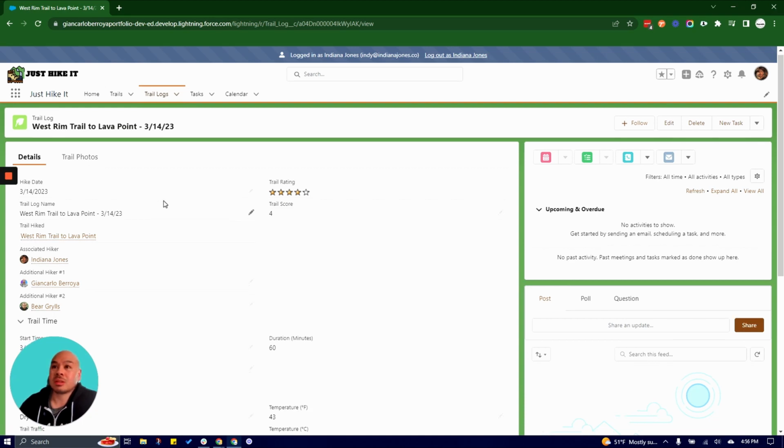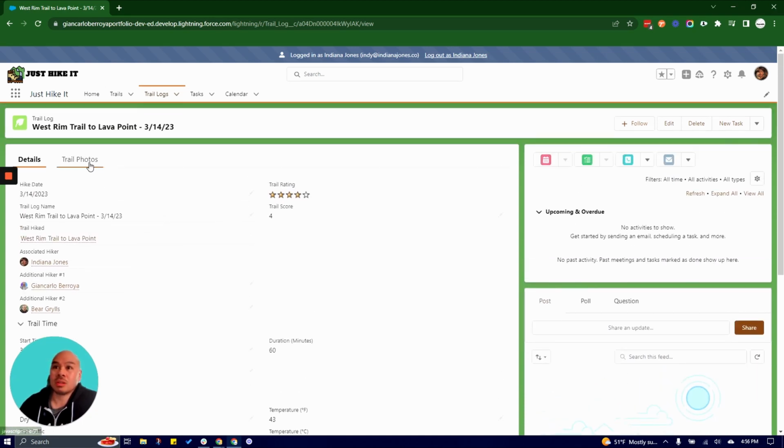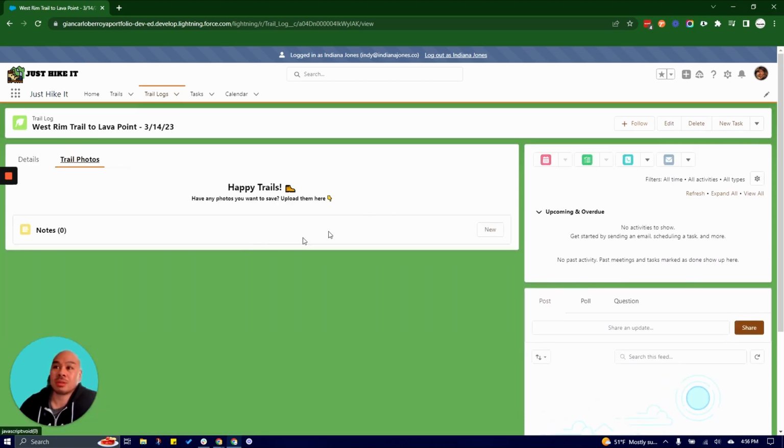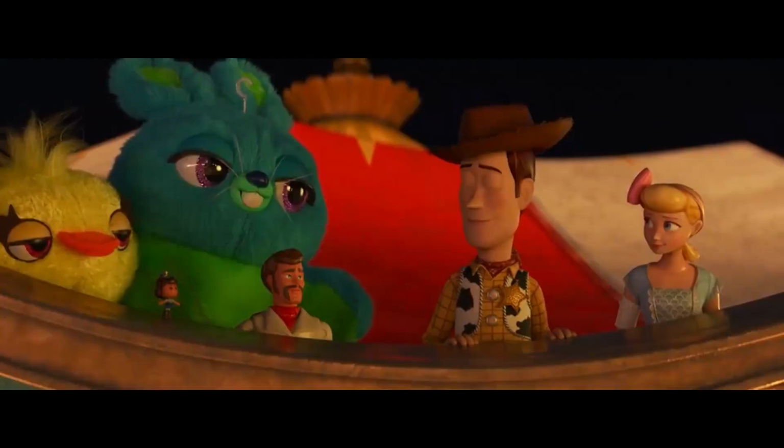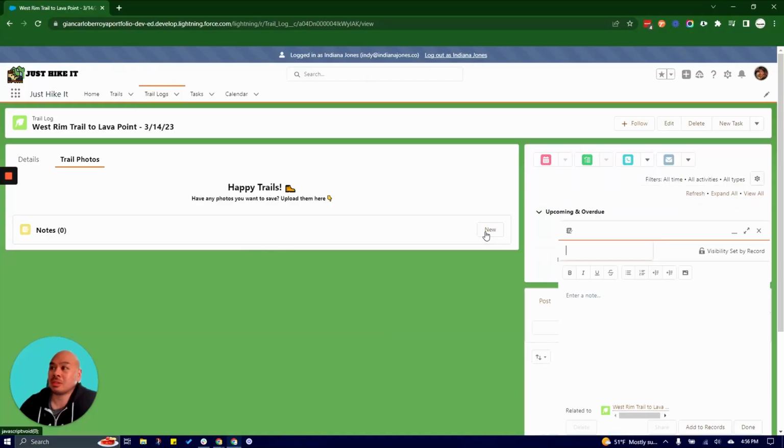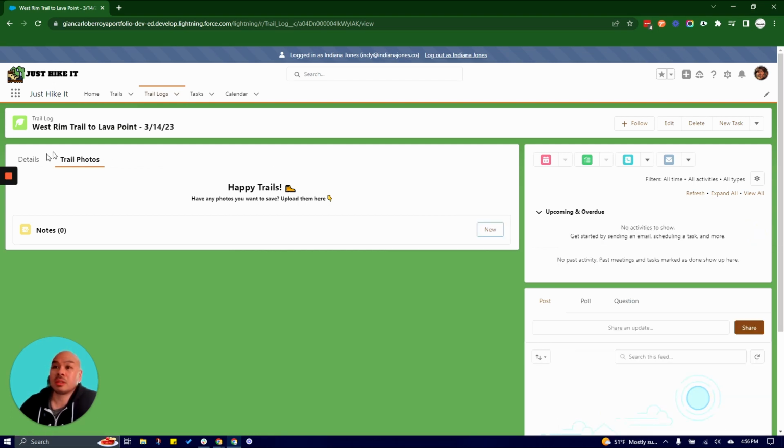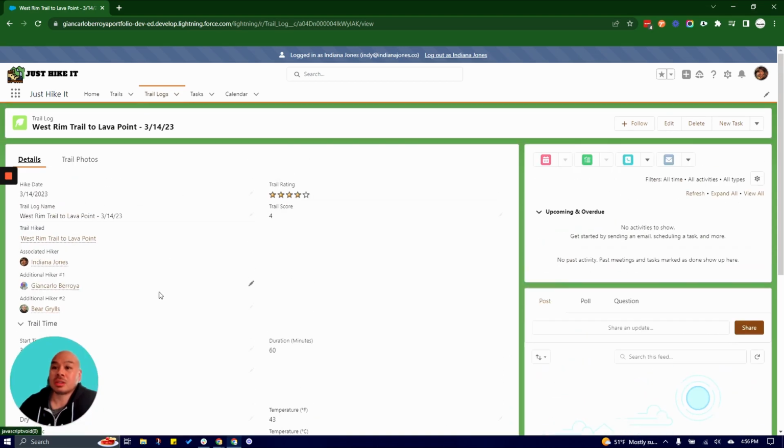Another thing you'll notice on this page is that there's a tab here for trail photos. Add a little note here, happy trails, and however many photos you want to save, you could upload them here. Again, you would just go new, and then you could click on this image thing and upload a photo from your computer or your phone. Another thing on the trail log here